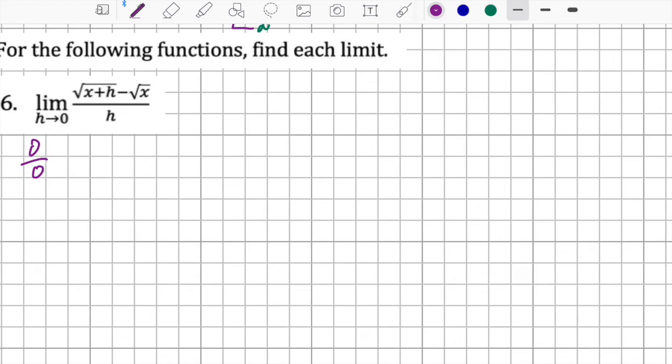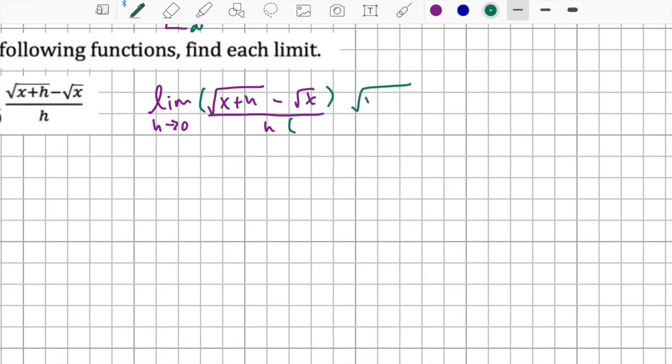Whenever I have radicals, if I have a problem involving radicals, then automatically I think I need to multiply by the conjugate. So the conjugate is going to be the conjugate of this numerator, which means get this negative sign and just change it to a plus sign. So I have this over h. Now we're going to multiply numerator and denominator by the conjugate, so it'll be square root of x plus h plus the square root of x,